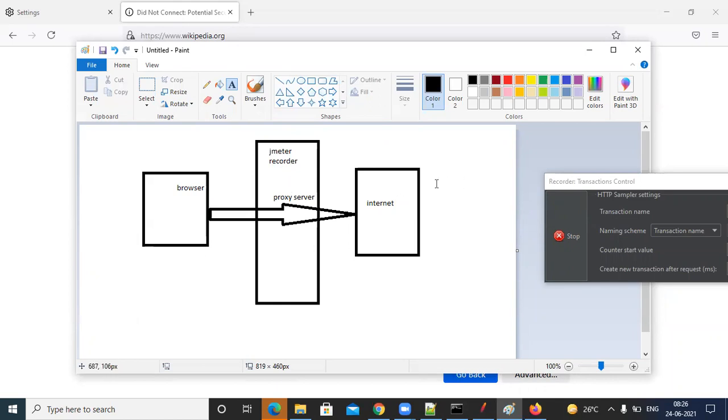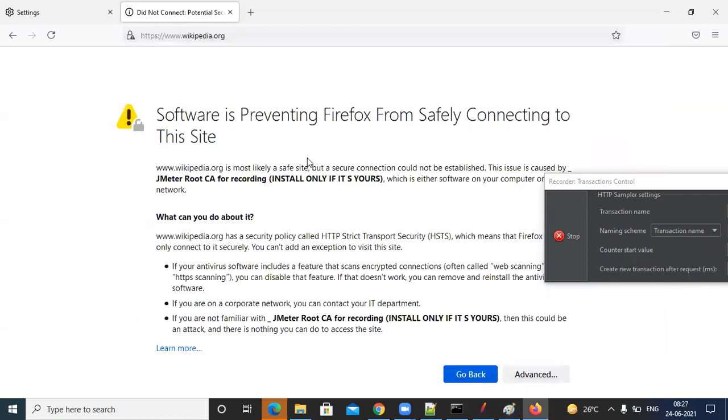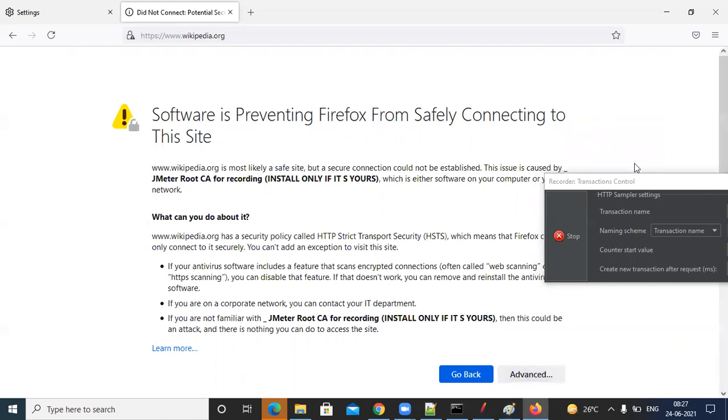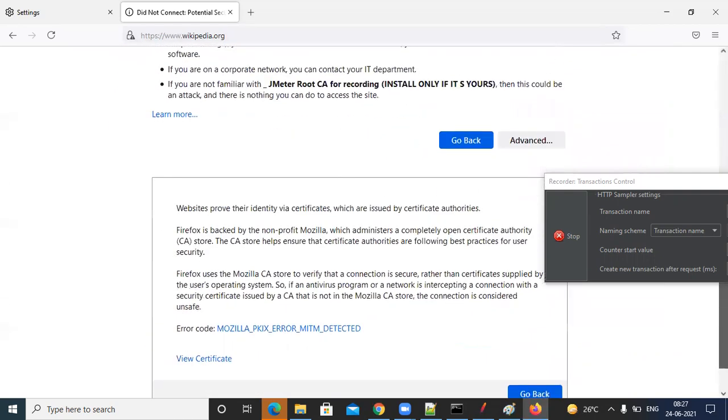So that the server will authenticate the certificate, because certificates can be generated only by a few authorities. That's why when we click on recording, it says some certificate was generated. That certificate you have to add to the browser whenever you're getting this error. Some dummy applications won't put in security, so they allow it. But some applications won't allow it. Okay, so just click on advanced.